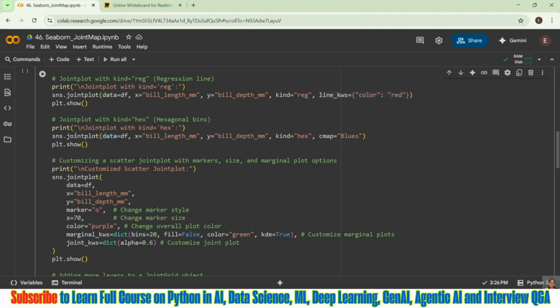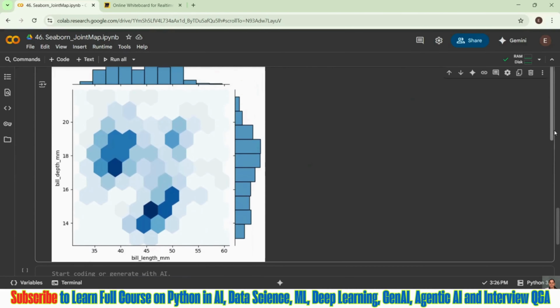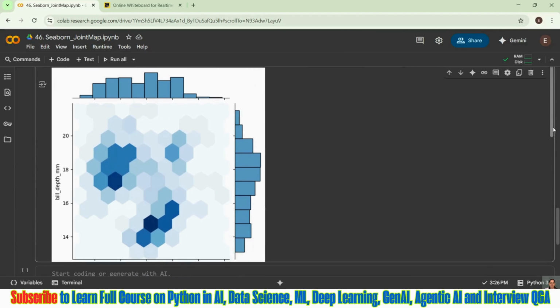We have again jointplot, data df, x, y. I am defining kind equal to hex. Like I said, based on different kinds you can achieve all your goals here. Then cmap I am giving Blues, color map that means. Let us see what we are getting here. You can see how my joint plot is coming, the hex one.